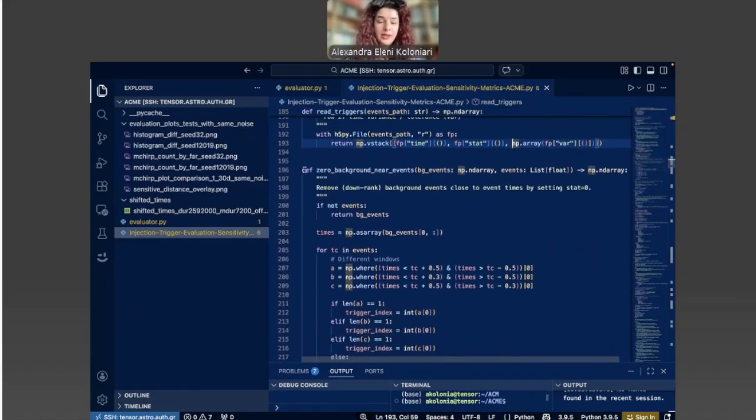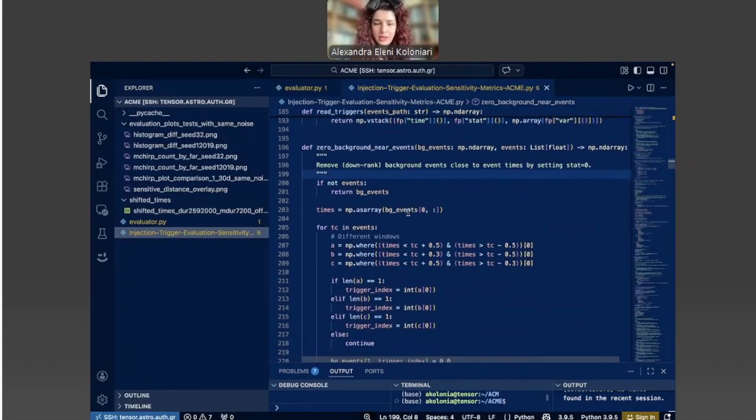Now, here I also have one more function. What that specific function does is that if we actually have the event list, if we decide that we do want to remove those gravitational wave events that are remaining in the data from our background events, what we do is that we go to that specific times of those events and then we set their ranking statistic equal to 0.